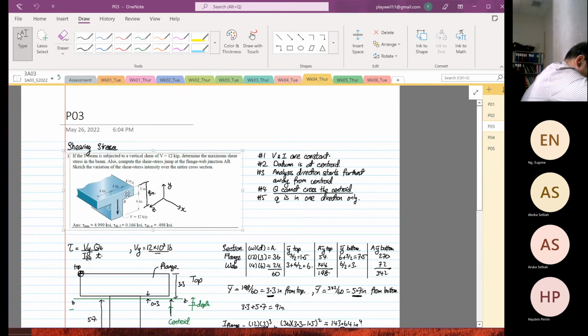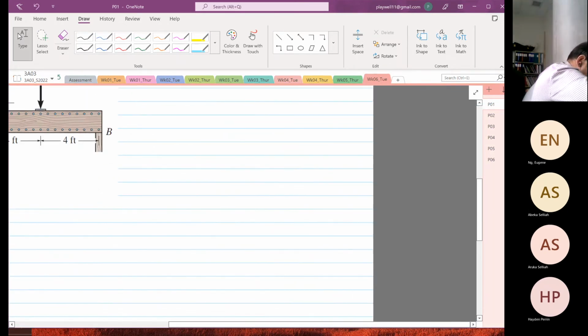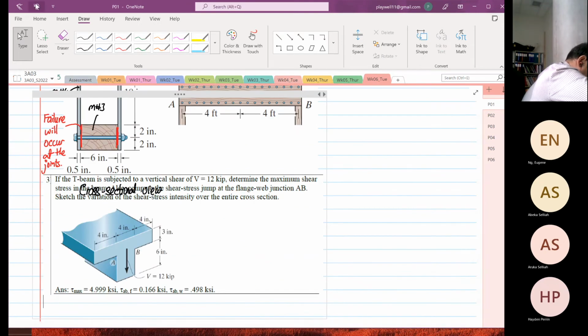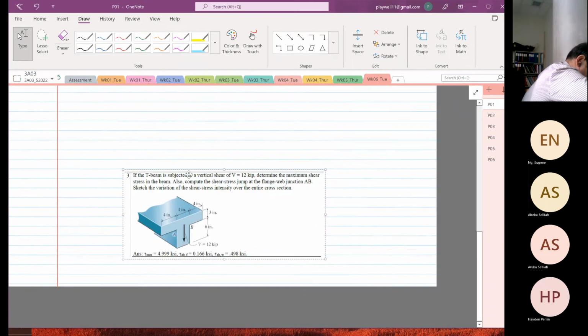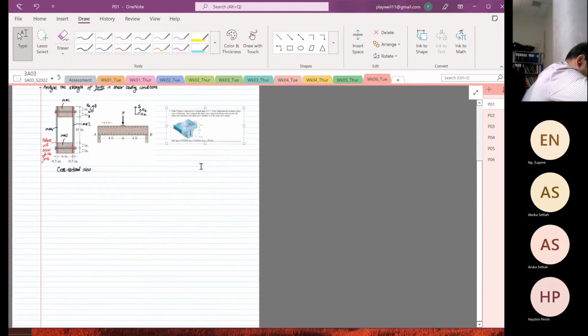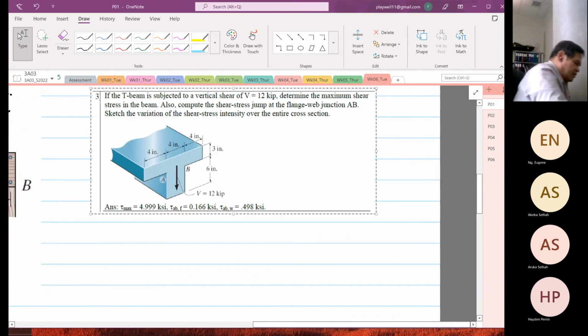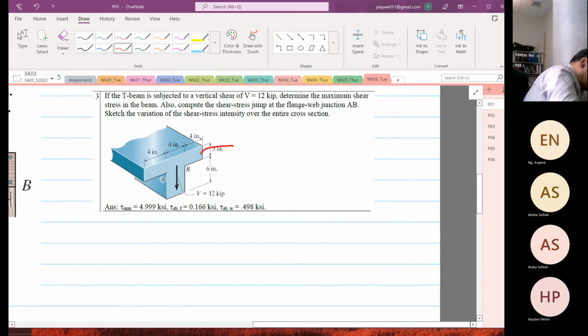Like a diagram like this, a cross section that looks like this. I will zoom in, don't worry. If we have a cross section made of one solid piece,